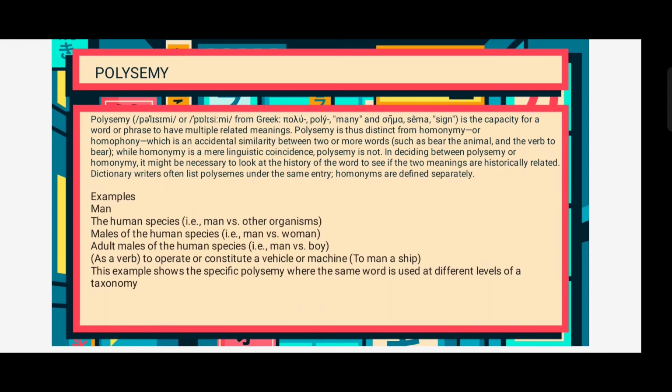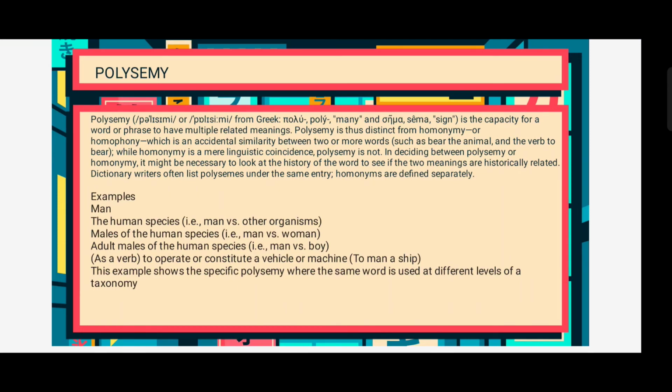Polysemy is thus distinct from homonymy or homophony, which is an accidental similarity between two or more words, such as bear, the animal, and the verb to bear, while homonym is mere linguistic coincidence. Polysemy is not homonymy. In deciding between polysemy or homonymy,